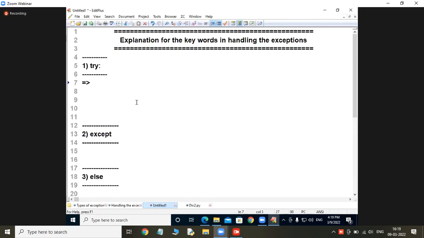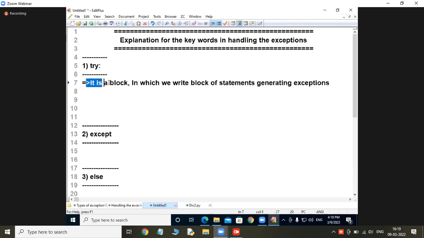So help me in writing these points. One by one, I will write it. See students, it is a block in which we write a block of statements generating exceptions.